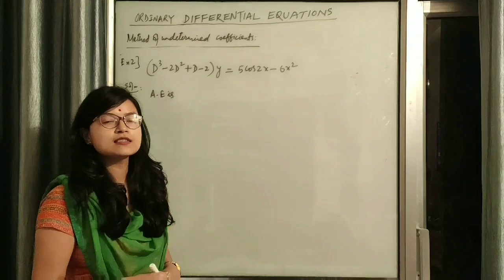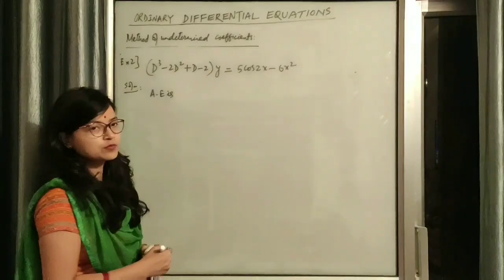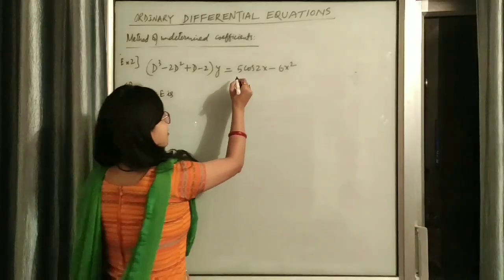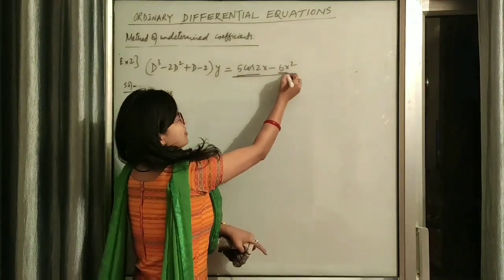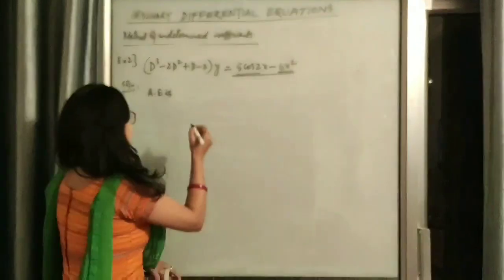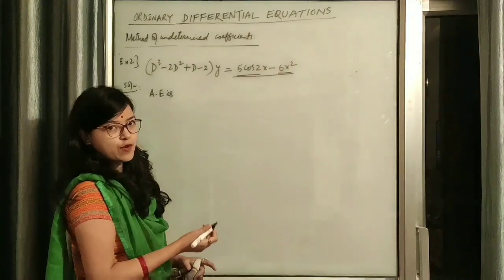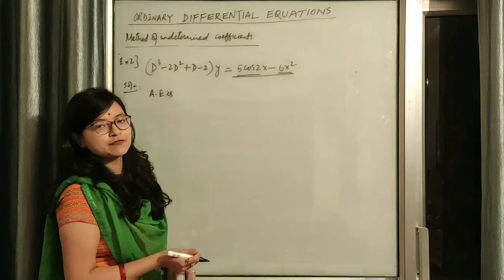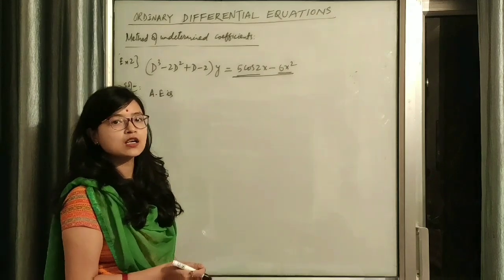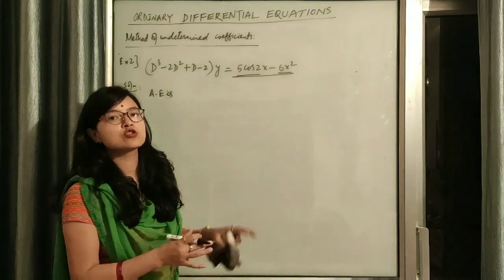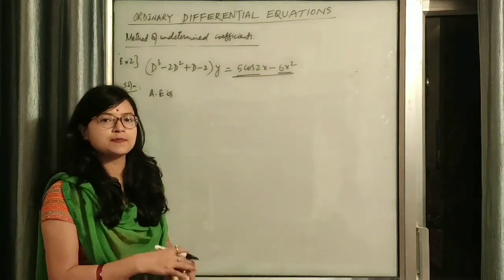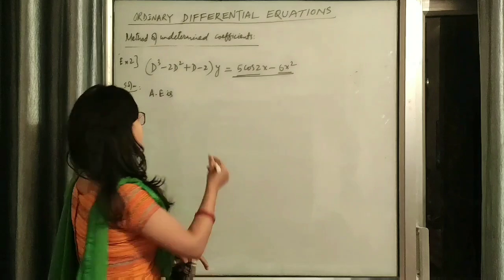Now let's take another example. It's different from the previous one. Here you can see the right hand side function is a function of x, but it's a sum of two different functions. One is trigonometric, another is a power function. The process is again the same. First we will find the auxiliary equation, then we will find the solution set and see the complementary function, and we will see whether the right hand side function is a member of the solution set or not. Then on that basis we will find the particular integral.